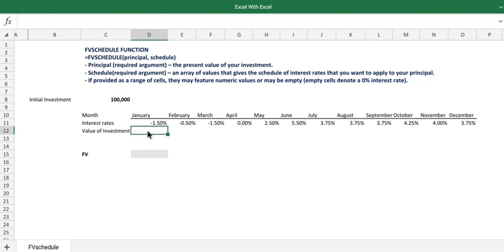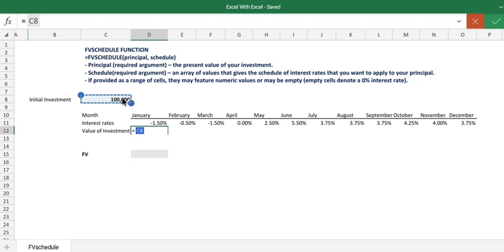the future value. We are given the initial investment in the project of $100,000. Then we have monthly interest rates, as given in the schedule, with January having a negative return of 1.5%. So to find the investment value